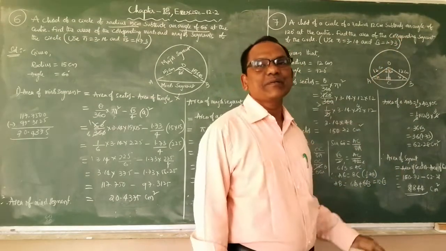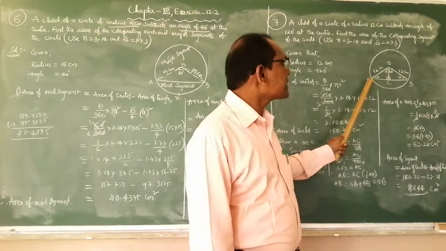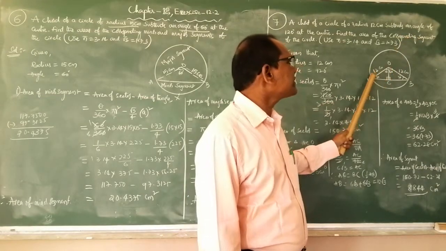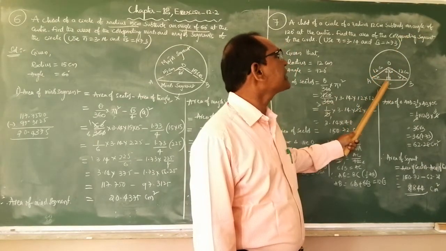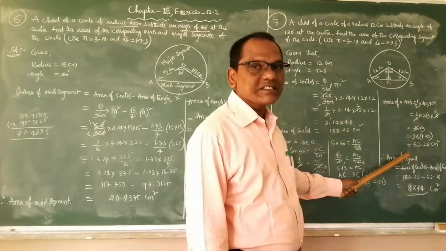Just keep in mind, this is the corresponding segment. The area of the corresponding segment is the area of the minor segment, which is equal to